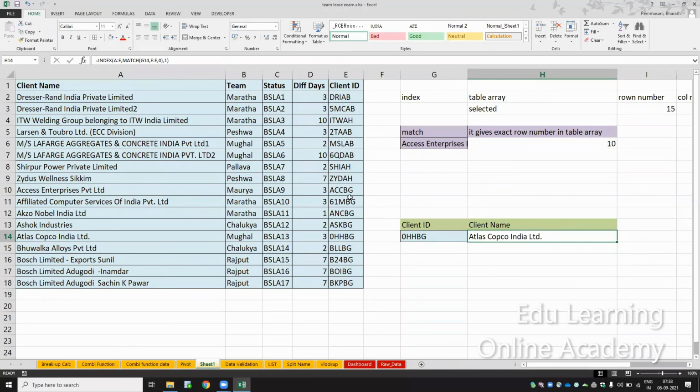So the same way, the Mughal name will come, right? The row number will be entered as 2, right? If you want Mughal, Mughal is in the first row, second column. So I have to give the column number as second. I mentioned Jaida, and for this Jaida, the matching is Peshwa.